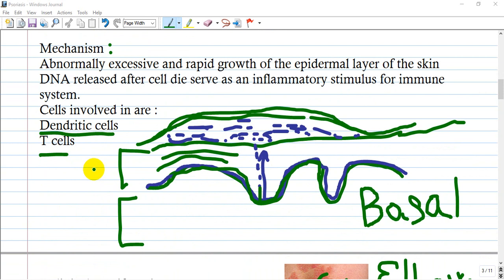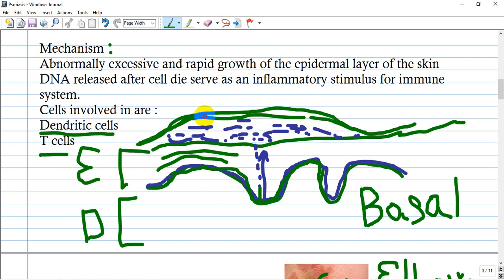What is the mechanism of psoriasis? It's abnormal and excessive proliferation and rapid growth of the epidermal layer. This one is epidermal, and below you see a dermal layer of the skin. And this is a basal layer, and from this layer stem cells or pluripotent cells are proliferating and going to the corresponding layer. They synthesize a lot of keratin, and this will be deposited under